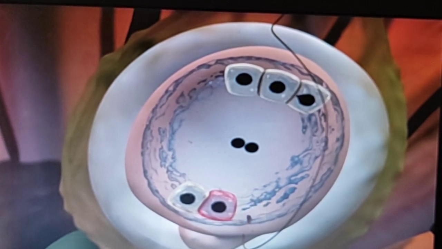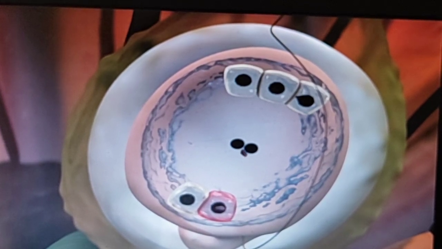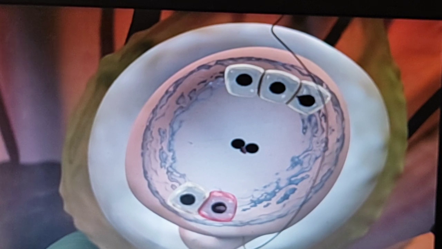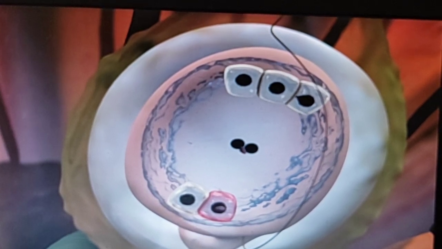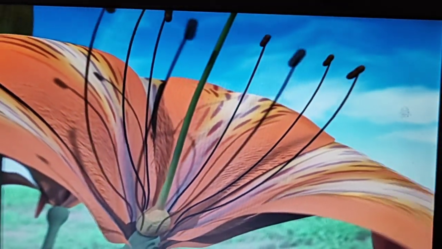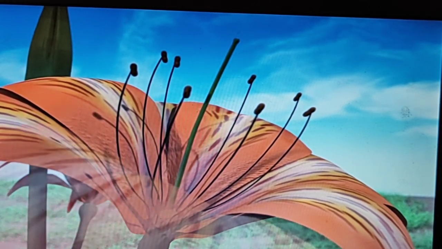First of all, they enter, and then one male nucleus fuses with the egg cell. They form the embryo. Done. Now the other comes in contact with the 2 polar nuclei, and they form the endosperm here. Okay. Now they generate the endosperm. The nucellus provides nourishment to the developing embryo until it grows by itself. Okay. Now